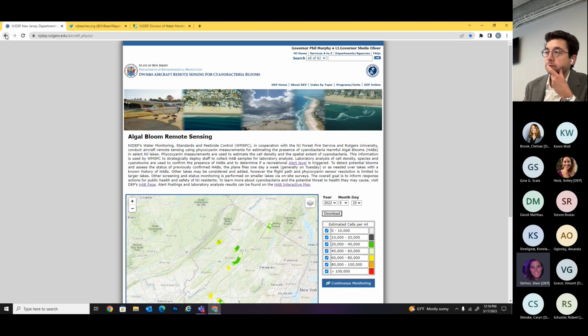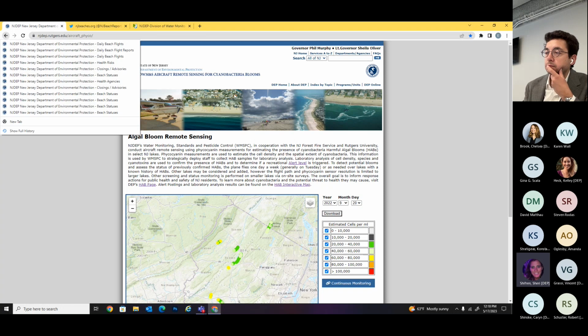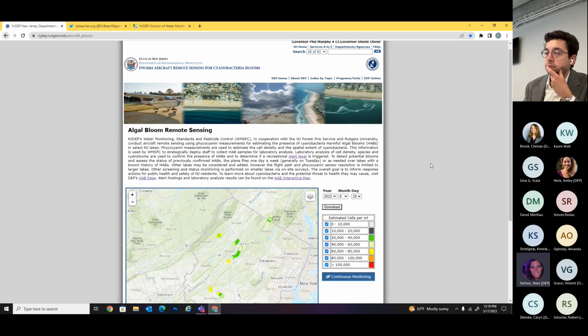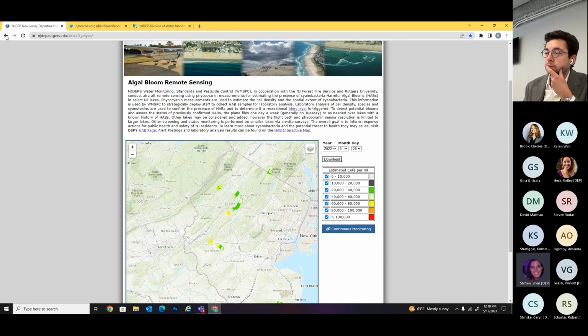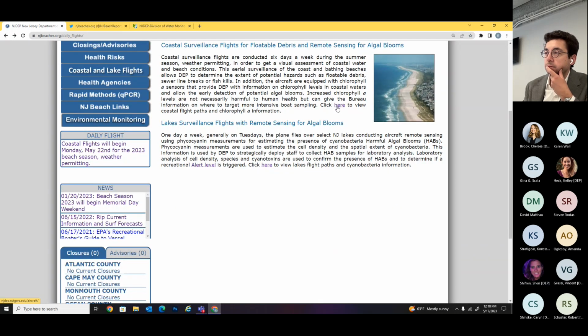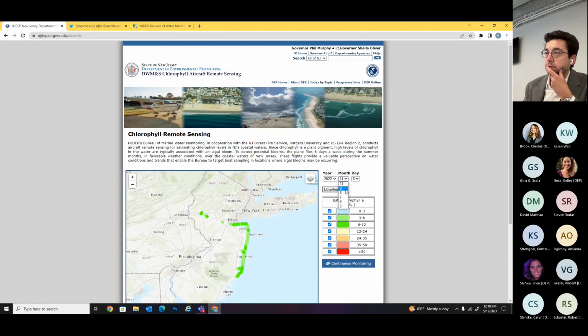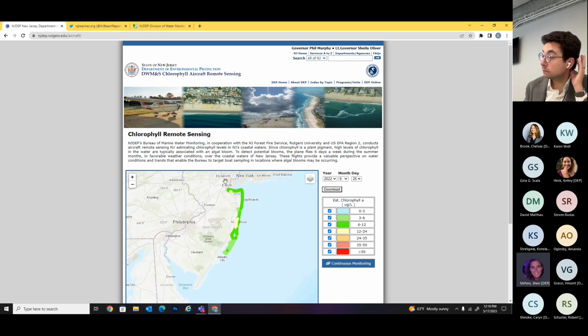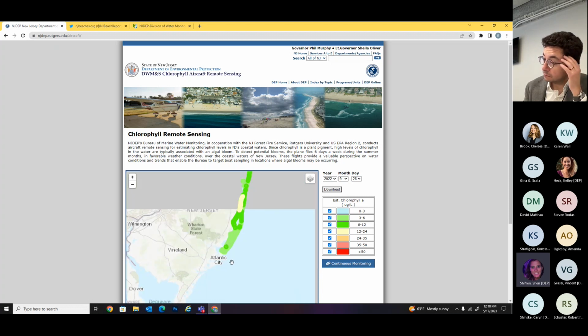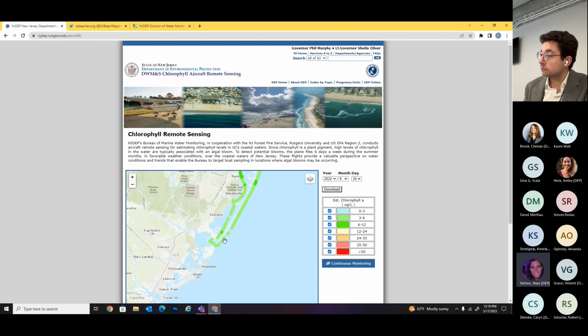And like I said, the lakes flights are on Tuesday, and that's in addition to a short coastal flight. And our short coastal flight, I can show you an example of a short coastal. It would be this. We go up Barnegat Bay, and then we go in to fly along Raritan around Sandy Hook and down to Little Egg Inlet. And we do that every day but Thursdays and Sundays. Of course, this is weather permitting. We can't fly in all conditions.